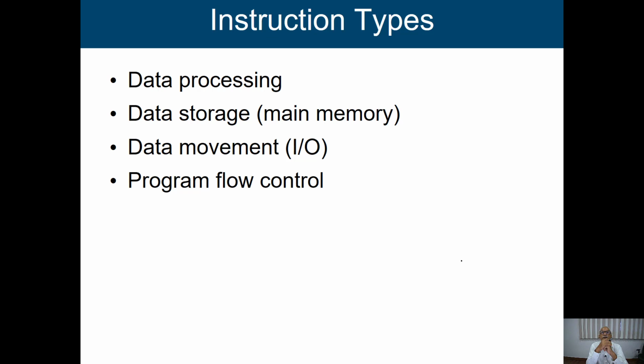What are the instructions we basically have in a processor? Whatever instruction we are going to design will fall in these 4 categories only. Data processing, and data storage, which is related to main memory, so transferring from main memory or storing to the main memory. Then data movement, from IO devices, bringing data from an IO device to memory, or maybe from an input device to the processor.